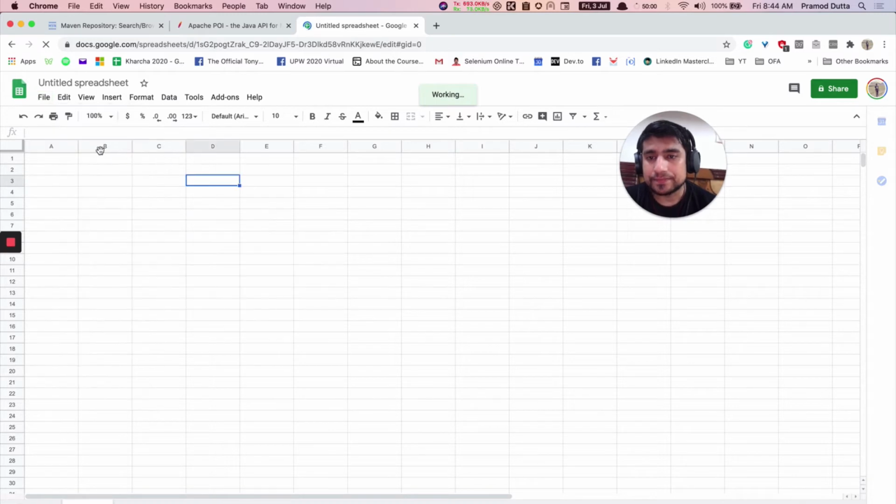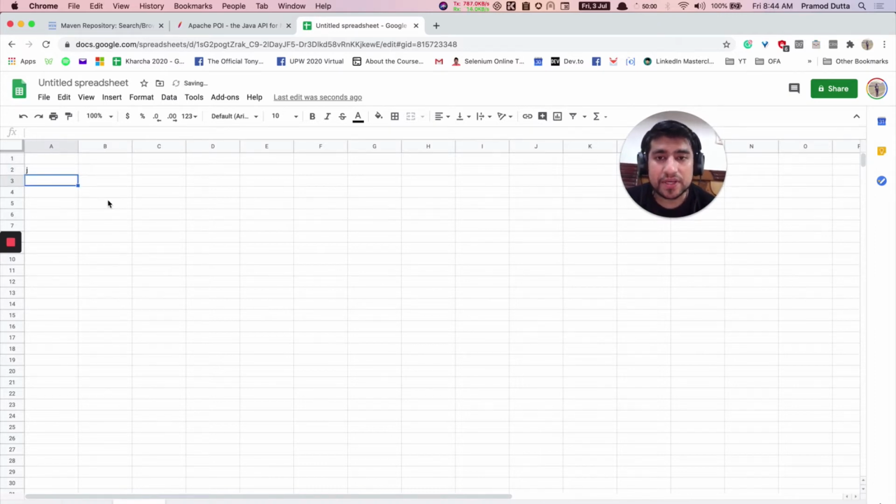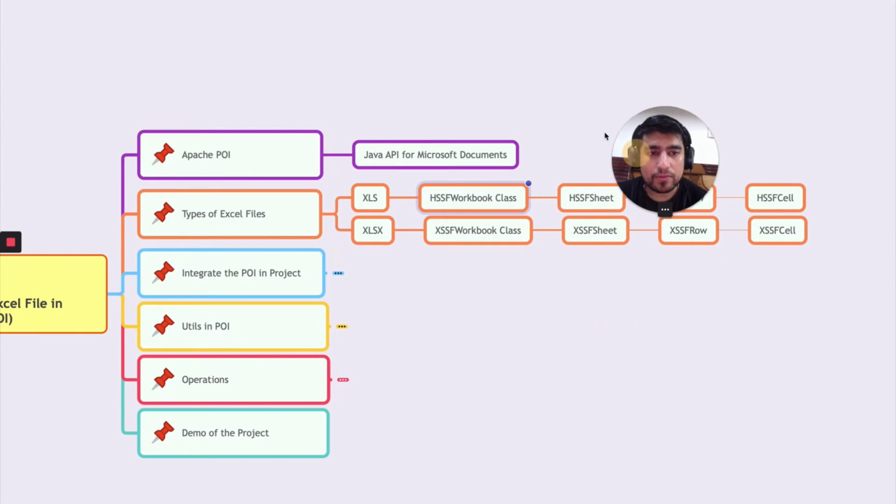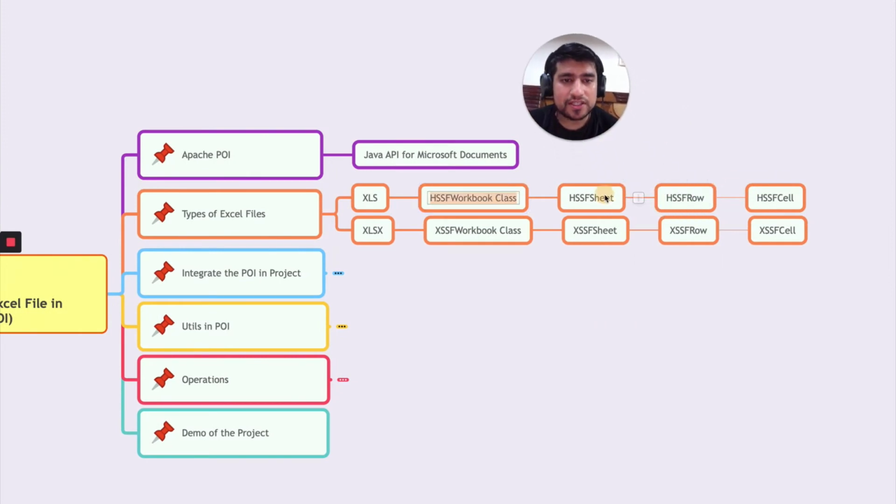So this is the full workbook and this is the sheet. We have Sheet1. If we click the plus icon, it will create another sheet, so now we have two sheets, right? After that we have rows and columns, and after that we have a cell. This is the single entity, a cell, where I have written J. Make sense? Similarly, here we have workbook, sheet, row, and a particular cell, right?